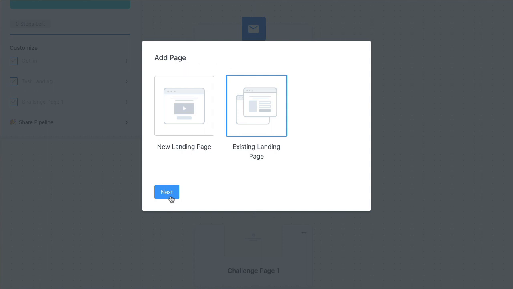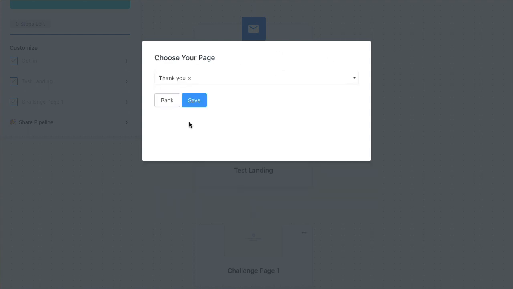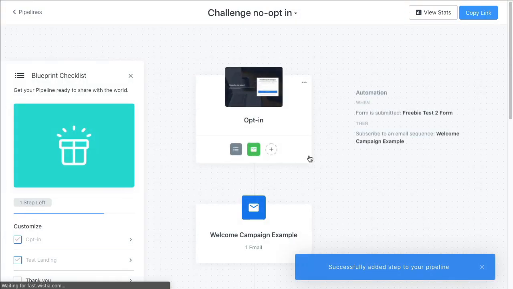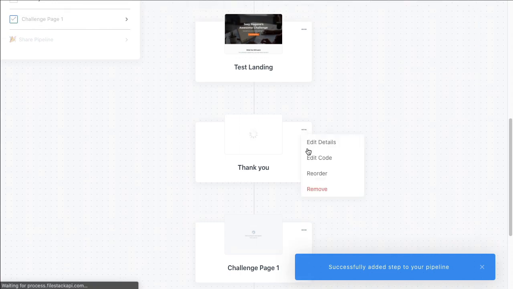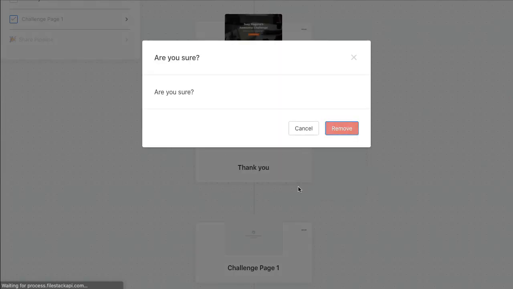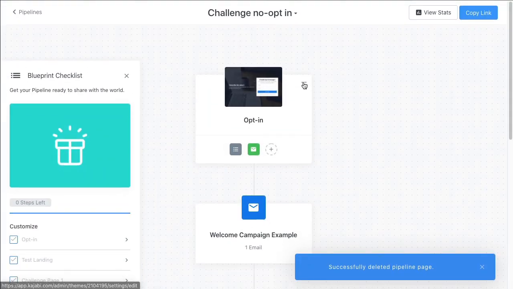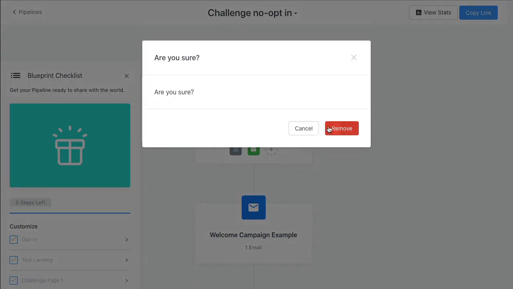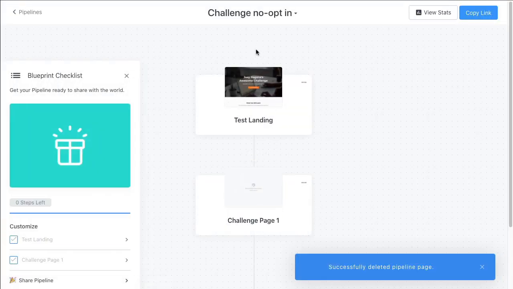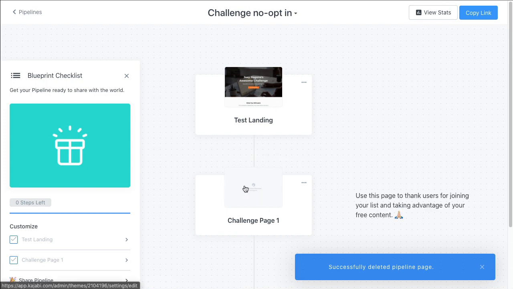So let me escape out of that. Doesn't look like I can escape. All right, let me just add one, and then I'll just delete that guy. Okay, so there is the next page. So let's just say we want to remove this little guy, right? And that's basically what you're going to do on the opt-in here, right? So if you've got your pipeline set up, and you want to get rid of it, all you're going to do is delete that, remove that, and it should remove also the campaign, the emails, as you can see there. All right, so now we're left with, okay, we got a landing page,